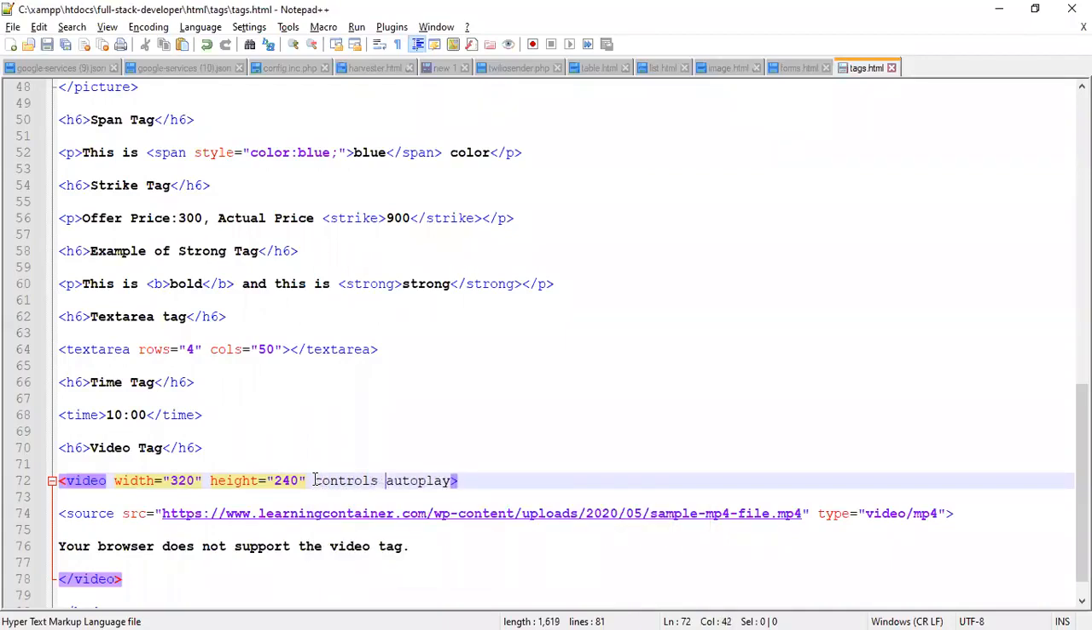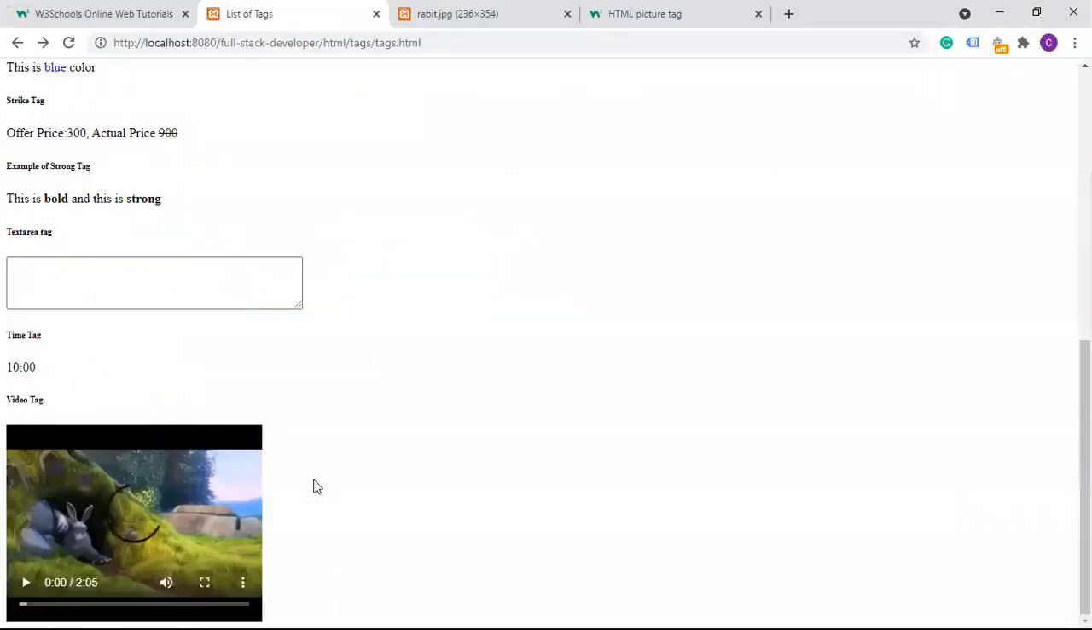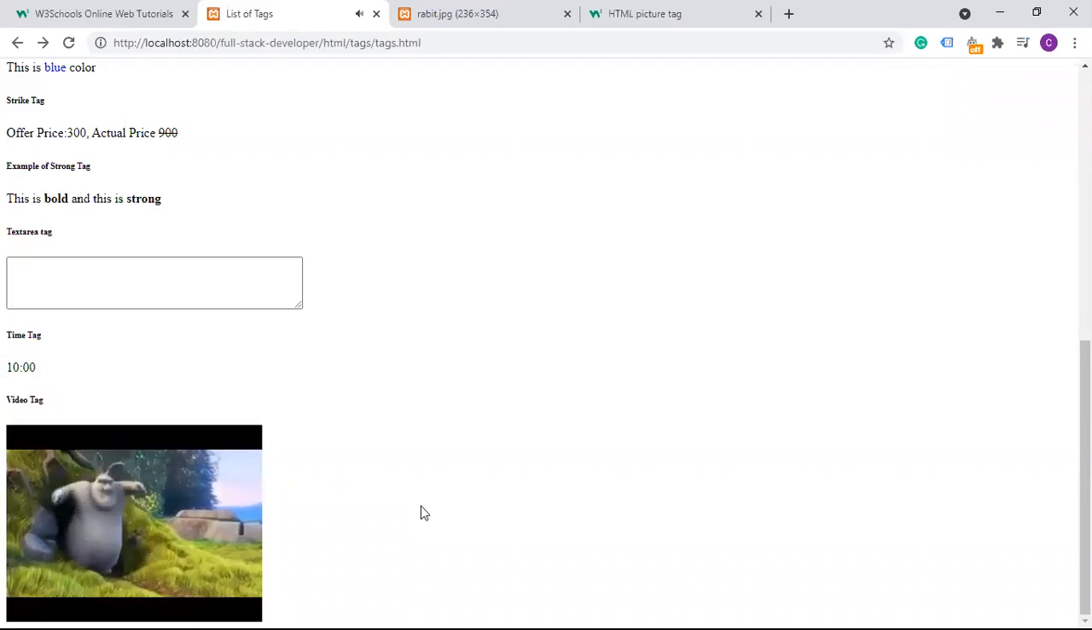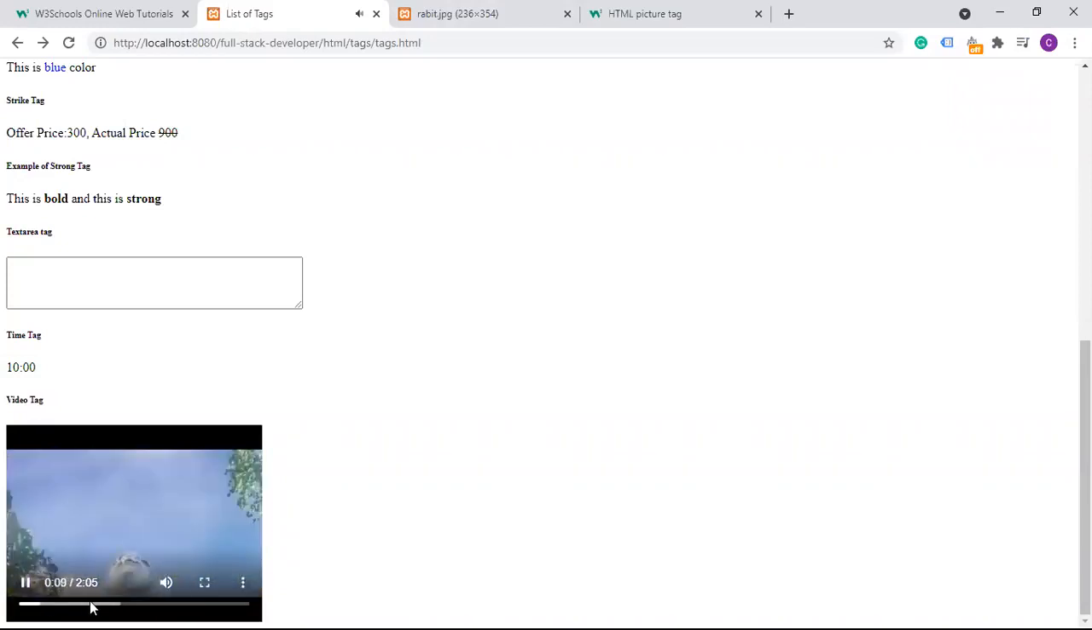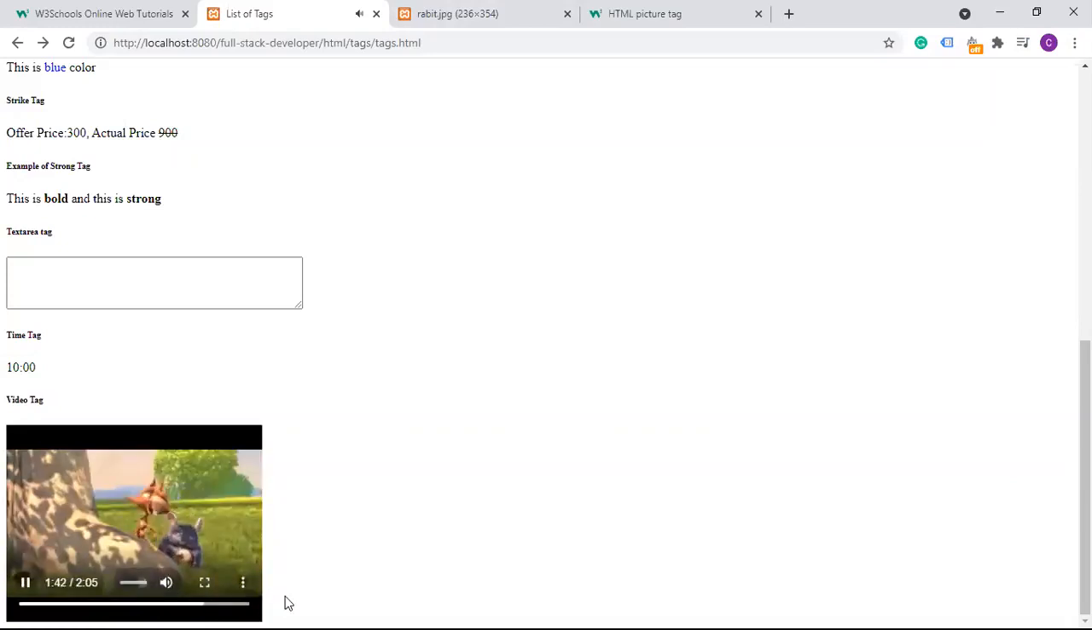I think with the controls we can autoplay. No, we need to use the play button. Maybe sometimes in the browser, Chrome browser, Firefox browser, it depends. Sometimes it supports, sometimes not. You can see here, we have the control option, we have the sound option,